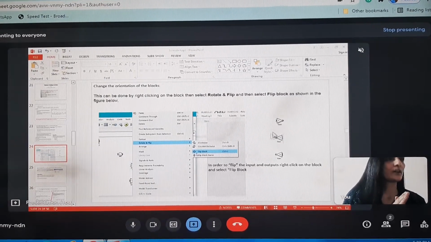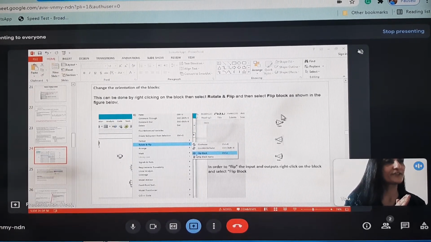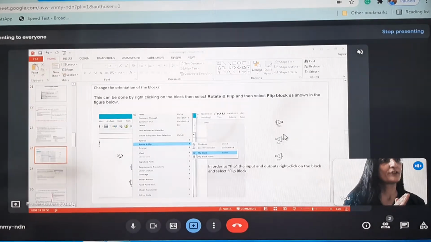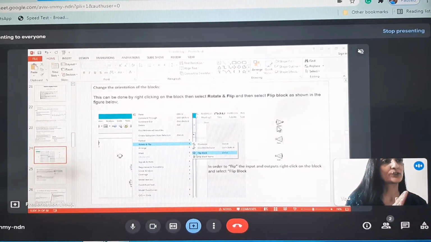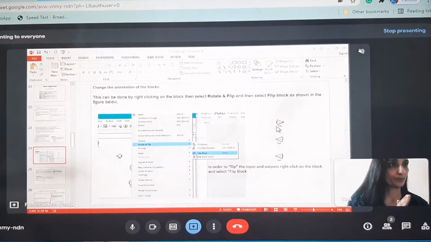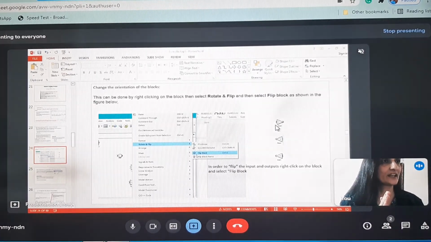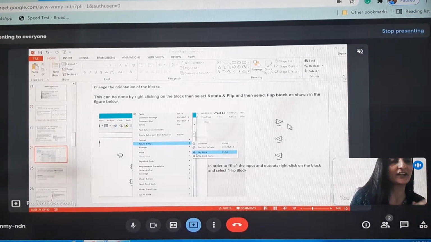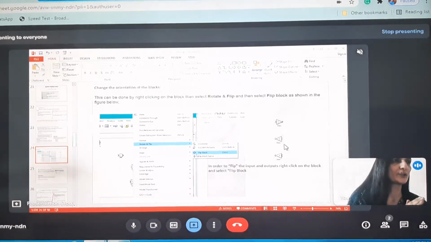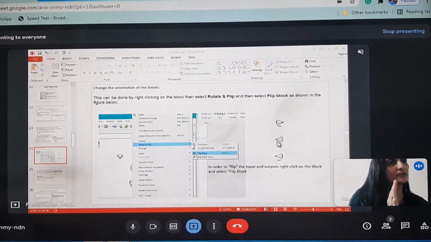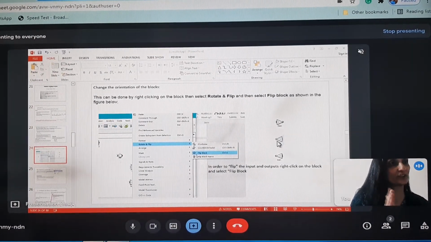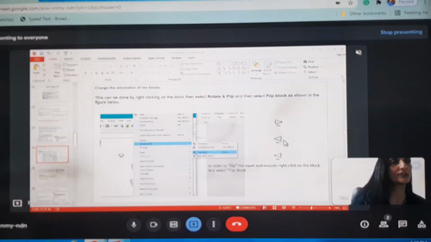So suppose if you have selected the gain block, when you flip it, as you can see that by default input port is on the left side, output port is on the right side. But when you flip it, now you can see output port is present on the left side and input port is on the right side.